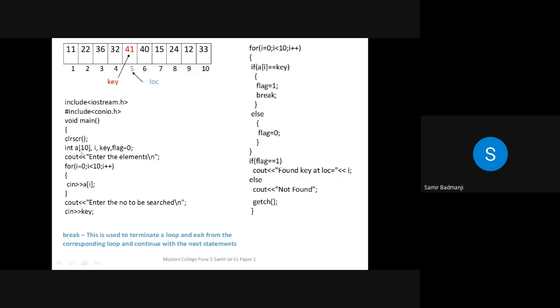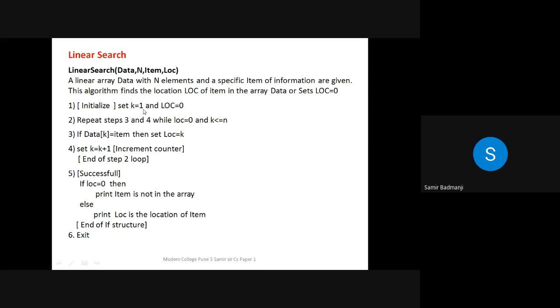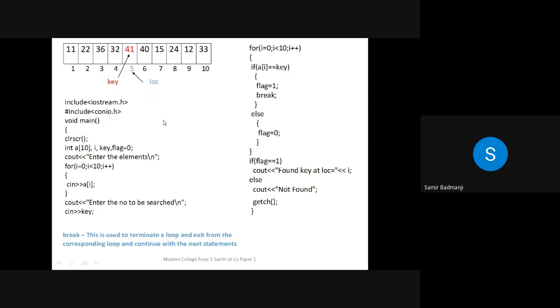So we have defined an array of size 10. I is a variable to increment, the loop counter over here. I have initialized I to 0, because in an array the elements start from 0 and not 1. So I am initializing to 0, and 10 means there are 10 elements in the array. So from 0 it will go up till 9, so I have given less than 10, and I am taking the array elements one by one. The for loop is for taking the elements one by one.